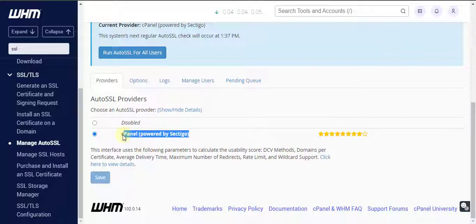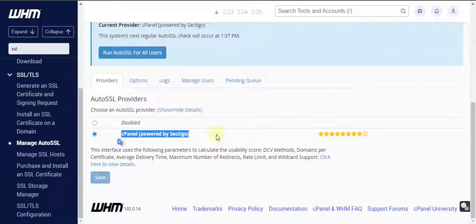It should be automatically generated, but sometimes if it takes too long, you can of course contact cPanel,